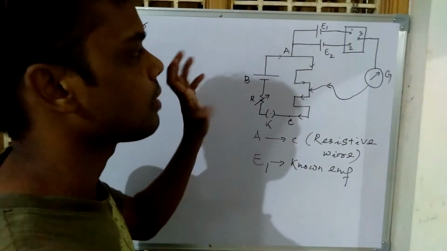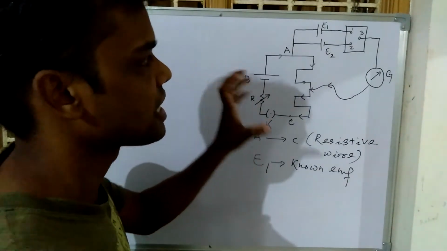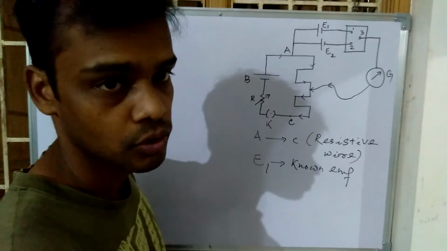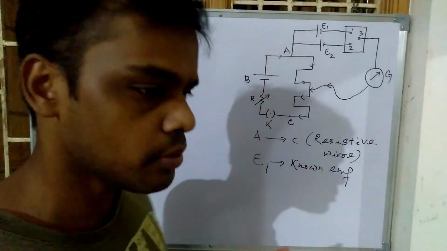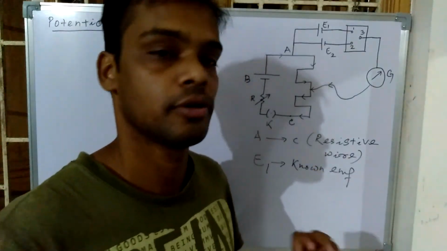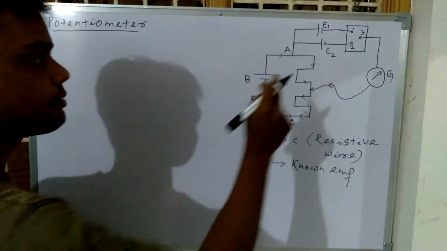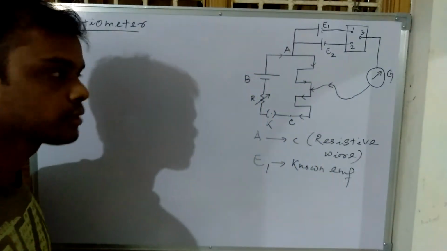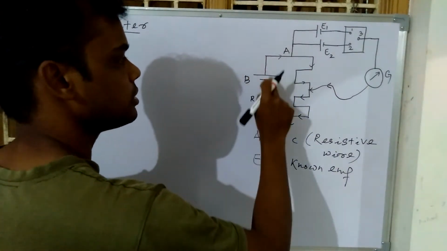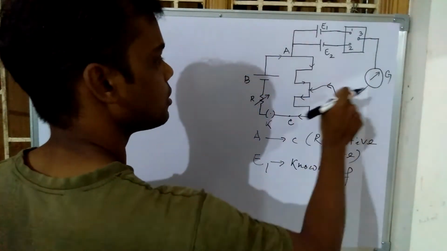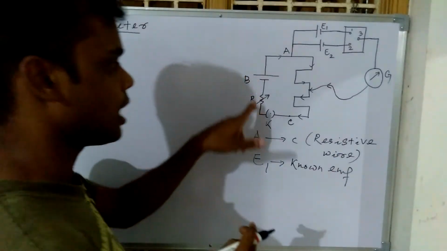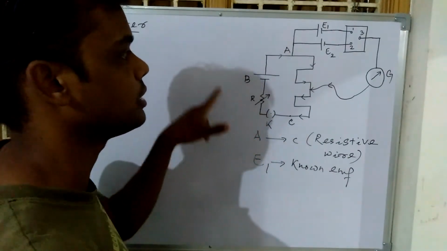So now we are going to apply KVL or Kirchhoff's loop rule for this loop. For applying Kirchhoff's loop rule, I have to start from some particular point and end at that particular point also. So I will start from A. Now you must be thinking, this battery comes in the loop also, and without this battery and this resistor, there is another loop also.